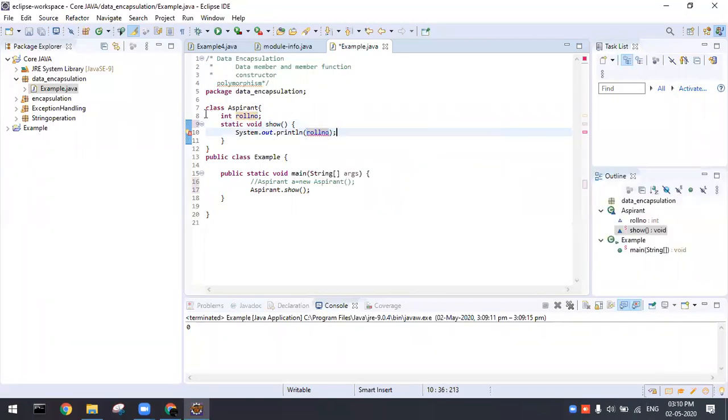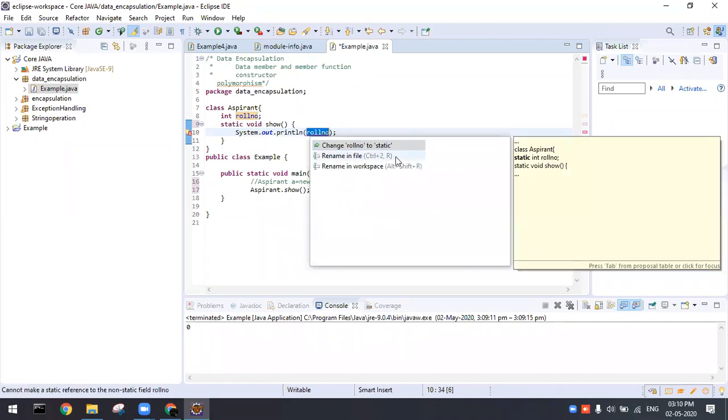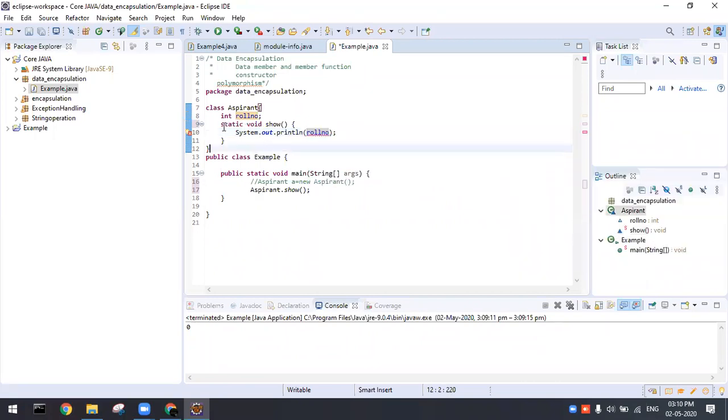If it is a static variable, listen, in the command prompt you didn't get the error before the execution, right? But here in the Eclipse window, before even executing the program, you get to know what kind of error to expect. Here roll number has to be static. So this is a static method, and I have to make the outside element static too, right?